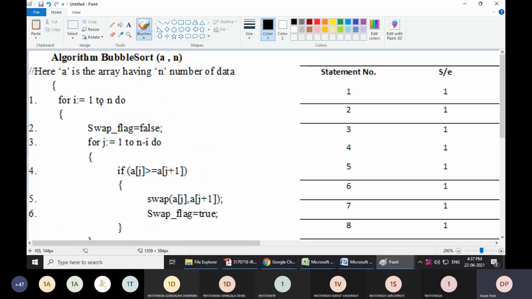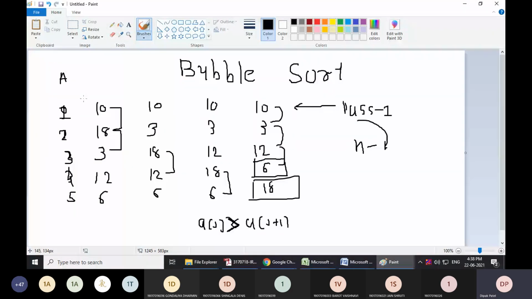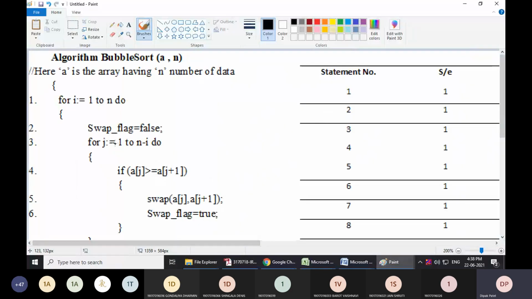Now the inner for loop is there. It is just to check the condition that two consecutive elements are in proper position or not. So here the inner for loop is j is equal to 1 to n minus I, where I indicates the number of passes. So initially we have to go up to n minus 1.